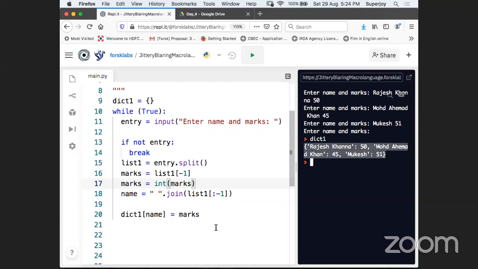So this is how you store a dictionary as a data store, guys. Can you see? We have used a dictionary as a data store in this example. Okay. So that ends my session for today, guys. But I just want to give you a quick intro. Yeah, thank you, Nandini.